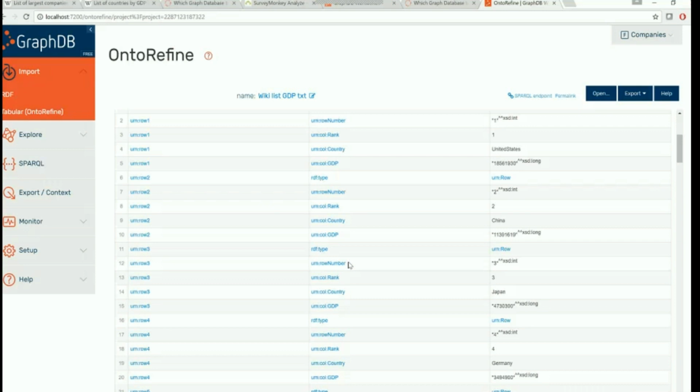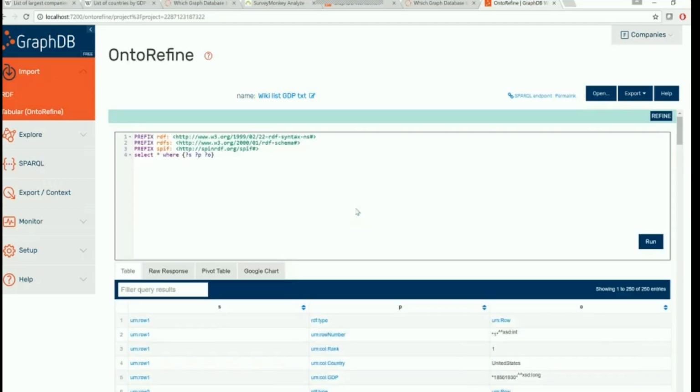For those of you who are not familiar, I would encourage you to check out spinrdf.com, where you can read a lot about this nice semantic technology. So if we want to import our data from here into our repository that we've created,